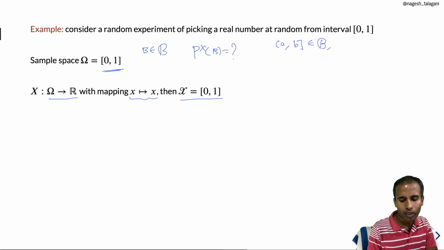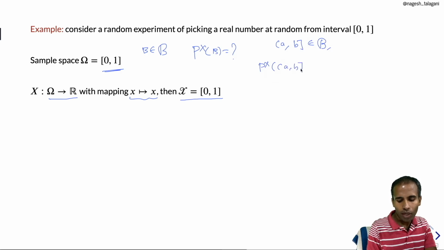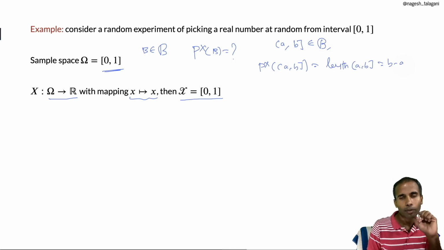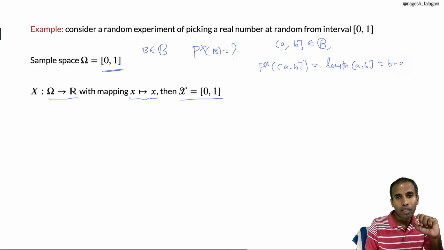If you consider a Borel set of this form, the interval (a, b], which is a Borel set, I can assign the probability of this interval as the length of the interval, which is going to be b minus a. Let me convince you why it makes sense. The probability that we pick a number from interval ab should be